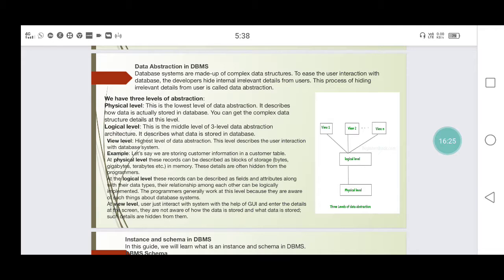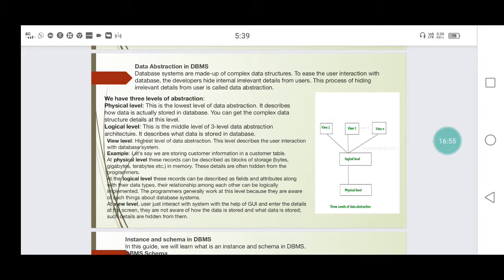The physical structure of the database means the database name and database attributes, then key constraints and the type of the keys, then the type of the attributes and the width of the attributes. The whole characteristics of the attributes will be decided at the physical level of the database.